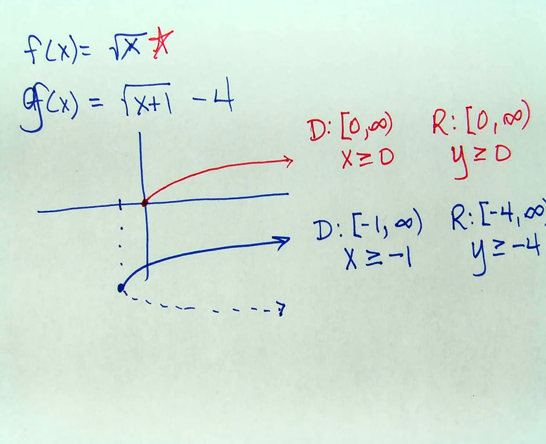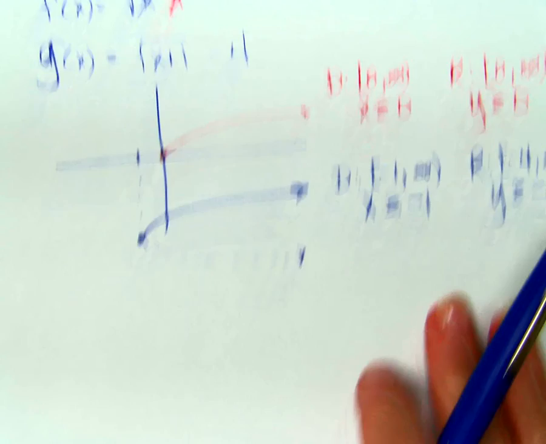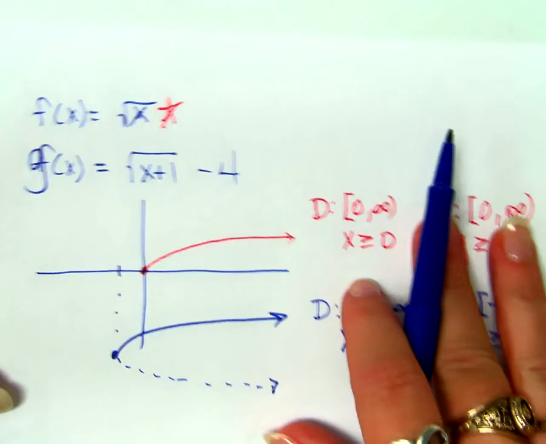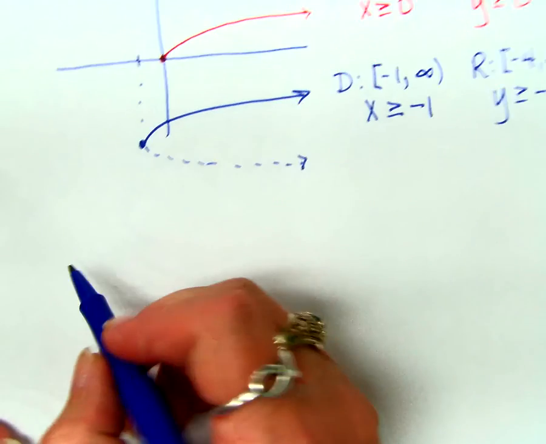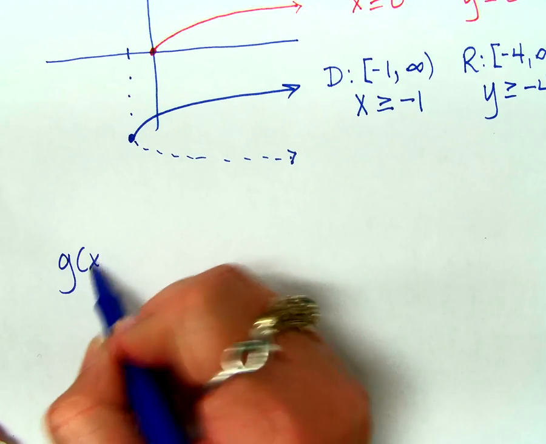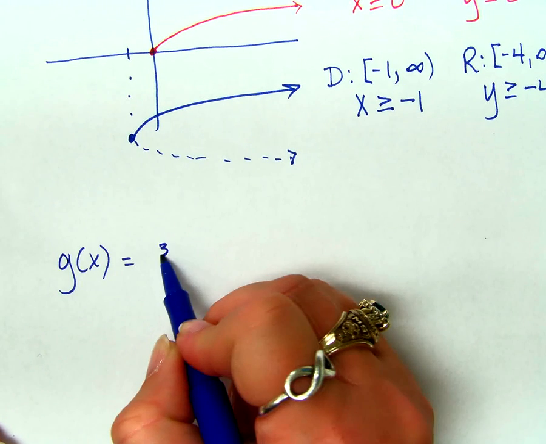Now, I'm just reminding you, none of this is new. We've done all of this before. We're just really focusing on square root functions. Now, one thing, though, before I let you go, what if this problem right here from the very beginning was not the square root of x, but what if it was the cube root of x plus 1 minus 4? It goes down. It goes to the